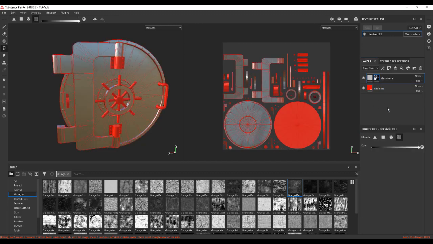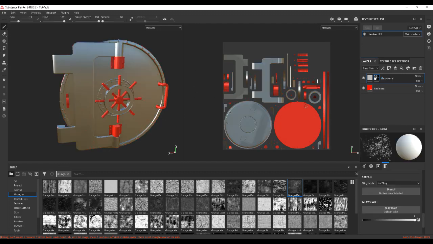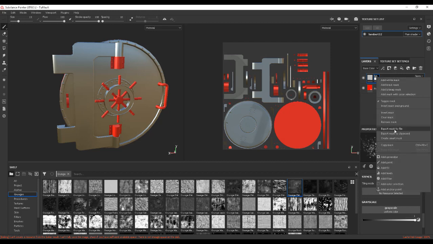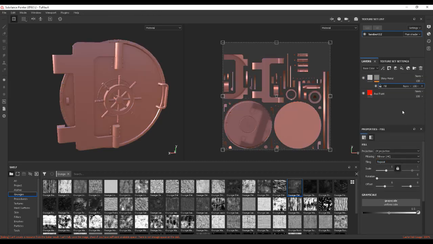Okay. Now, another thing we can do with this is we can actually build up the masks. So I just have my mask here created out of the polygon fill. Just going to go back to my brush. We can add more things to this. So say, for example, I wanted to break this up a little bit. What I could do is I can right click and add a fill there. And if I add a fill into this, you can see this has overridden the entire thing. This is actually filled in just with a mid-grey,